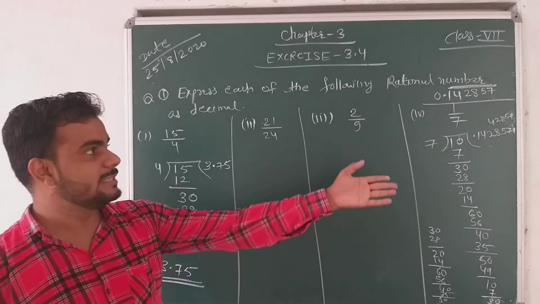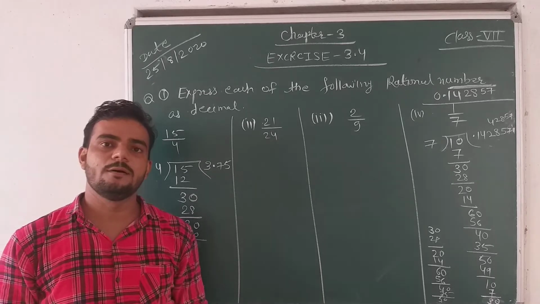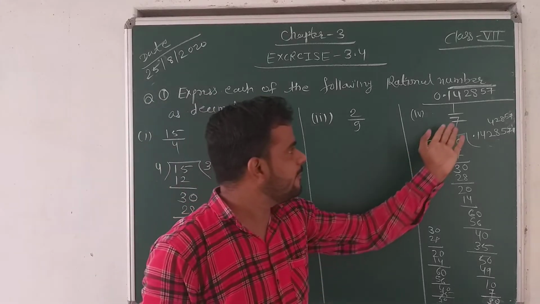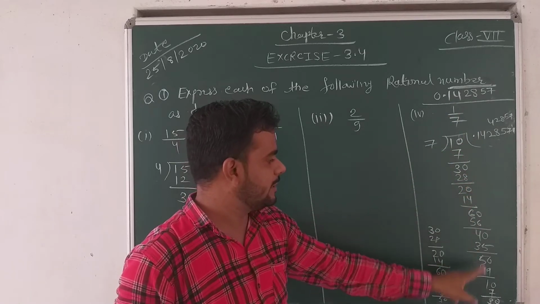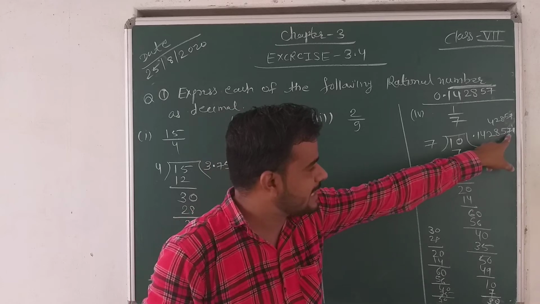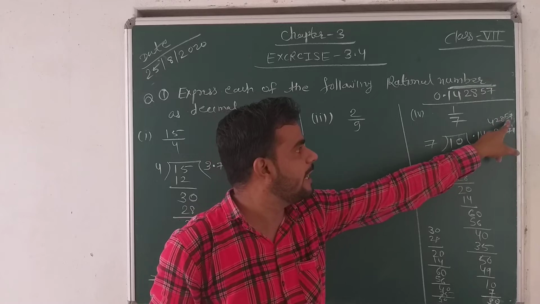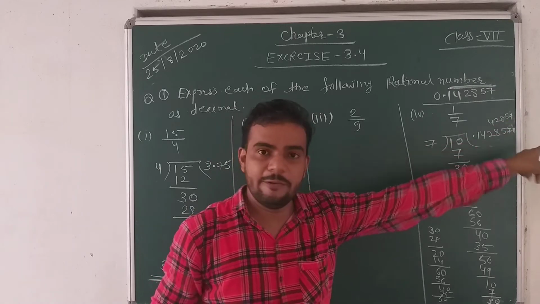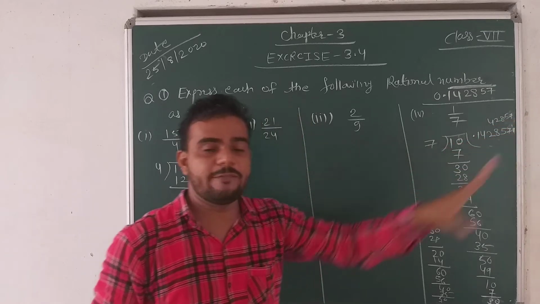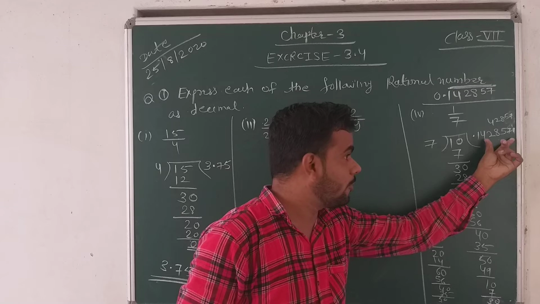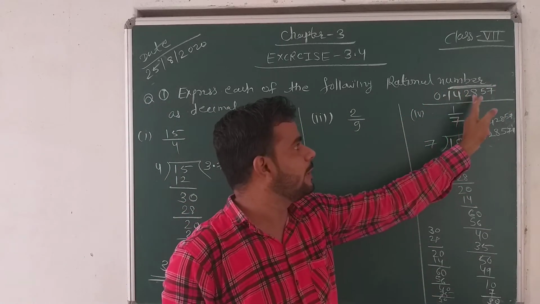Okay, so this type of thing you can solve. Any doubt? Okay, then one more time I will explain that when we divide 1 divided by 7, then 10, afterwards 30, 20, 14. Okay, so after 5 and 7 the digits repeat. Then again 1 4 2 8 5. After 7 again 1. If you divide, you also get after 7, 1 and 4 2 5 like this. So it means the question is repeated. So we will put a symbol on that number 142857.